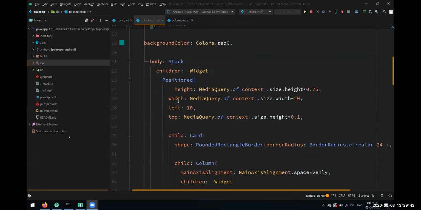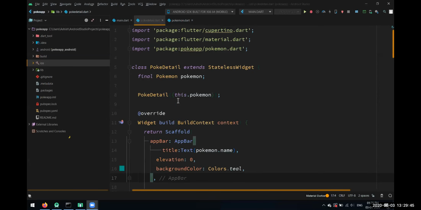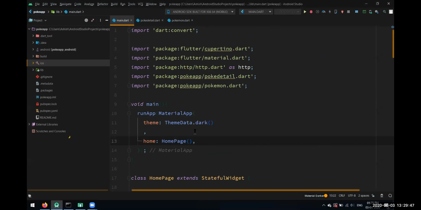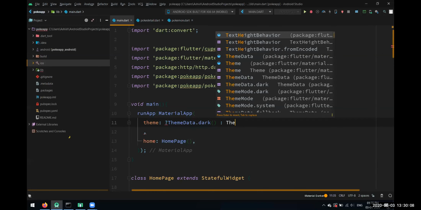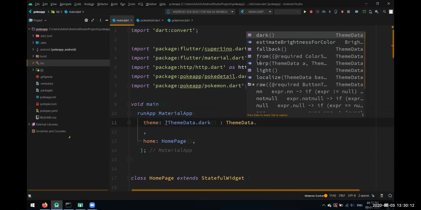Here you can use a ternary operator, in this main file. You can give it any dropdown, text field, whatever you want, or a button. If someone presses that button, it will change the state. And here you can give any condition. You can use a ternary operator, and you can give both options like this: ThemeData.light.